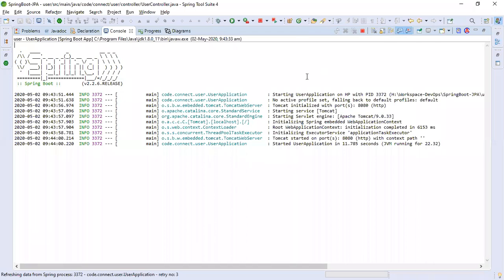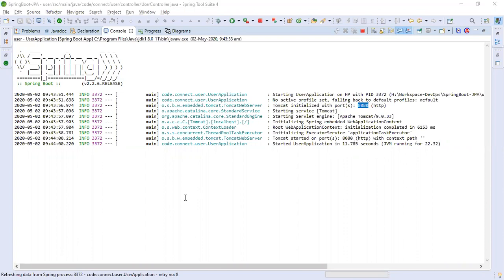You can see the Spring Boot application is launched. Internally it is using the embedded Tomcat server. It is using port 8080. If you want to change the port, you can configure in application.properties, server.port equal to whatever port you want. The Spring Boot application launched in 11 seconds.